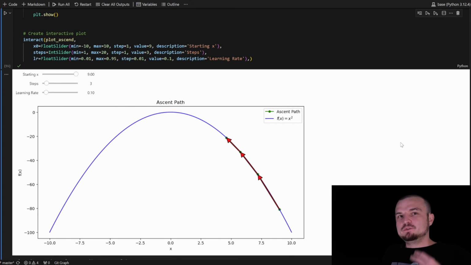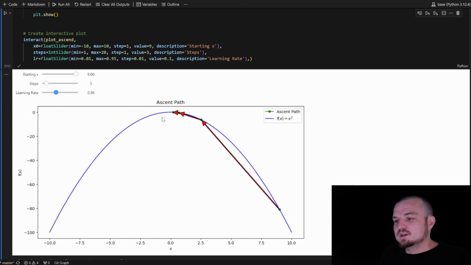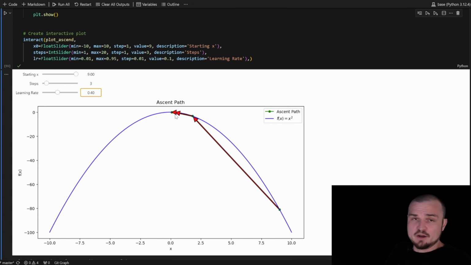Okay, and we have two hyperparameters. We have steps and we have the learning rate. Let's increase the learning rate. And the higher the learning rate, the faster we reach this maximum point. For 0.4, just 3 steps and we are at the maximum point.